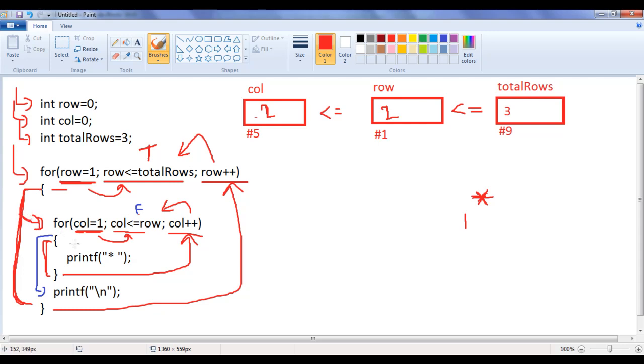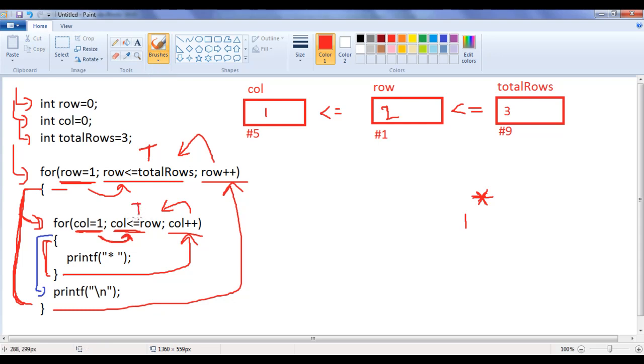Control comes inside. Again it finds a for loop. Here initialization statements of the inner for loop are executed. Call equal to 1. Call is reinitialized back to 1 guys. Then it goes to condition part of the inner for loop, checks the condition whether call is less than or equal to row. 1 equal to 2 is false, but 1 less than 2 is true. Any one condition is true, the result will be true guys. So this condition evaluates to true.